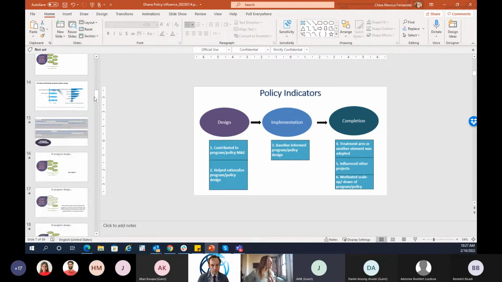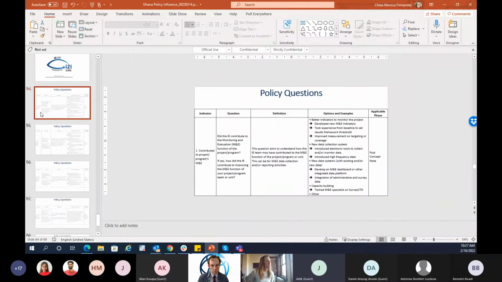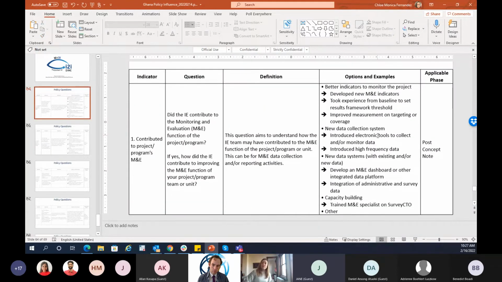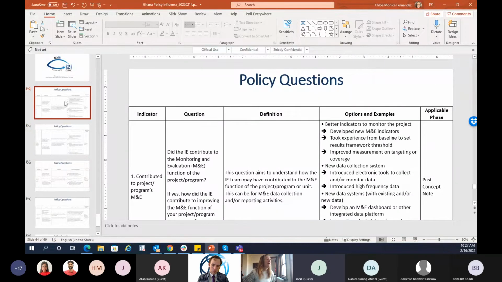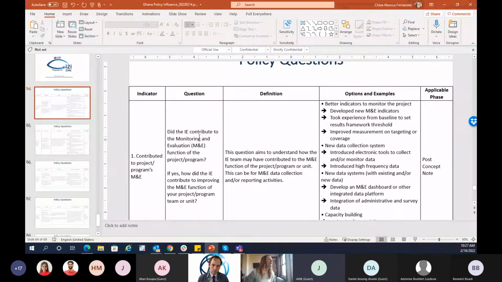We'll share the slides with you, I'm sure, but if we go back to these indicators that I showed, for each level of implementation, program or policy, these indicators exist, and we have ways of capturing that information and then trying to quantify it. At the end of this presentation, which was going to be really tedious, so I didn't show it, for each of the indicators, if you wanted to measure something like that as you're working on your next program, we have how we asked the question. For example, for M&E: did the IE, or the analytics, contribute to the monitoring and evaluation function? If yes, how? We say what the question aims to do, and then the options and examples.